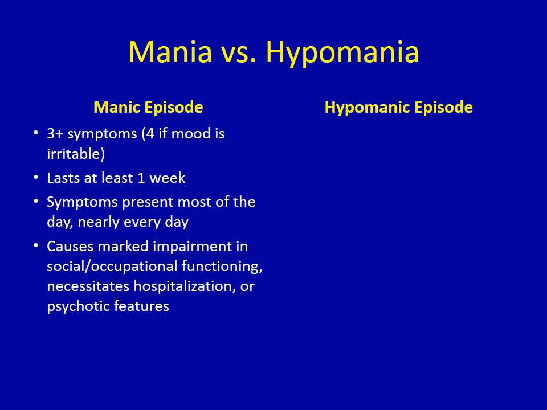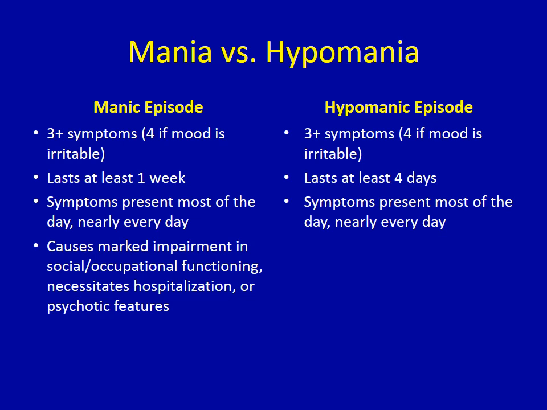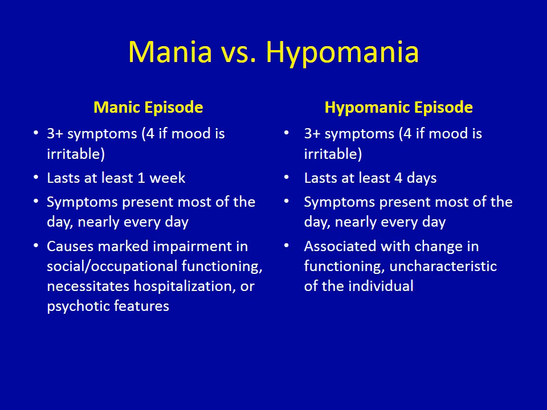The diagnostic criteria for a hypomanic episode, you'll notice, are pretty similar. And the first one is actually identical. So the individual needs to display at least 3 or more symptoms in addition to that elevated, expansive, euphoric, or irritable mood. If their elevated mood state is irritable, they need to have 4 of those additional symptoms. The duration criteria for a hypomanic episode is different. So these symptoms need to be present for at least 4 days. Again, the symptoms need to be present most of the day, nearly every day over that 4-day period, so they're still persistent elevated mood states.